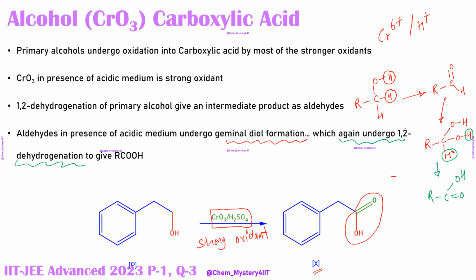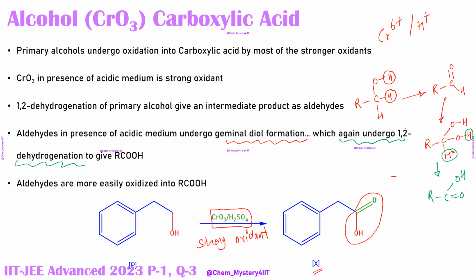A much more detailed mechanism we can see somewhere in the videos on the chemistry channel, where we will be doing the oxidation reactions in detail sometime later down the line. Okay, so these were the steps in which the carboxylic acid is being produced. Basically aldehydes, which are much more easily oxidized and could have been generated by the oxidation in the first step of the primary alcohol, will ultimately convert into the carboxylic acid group.